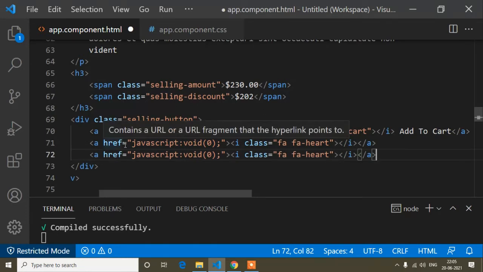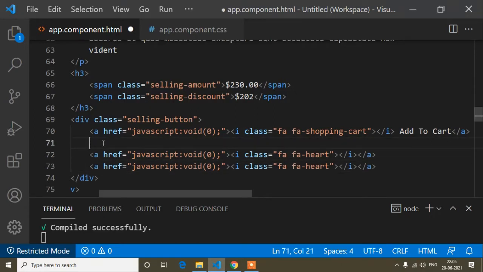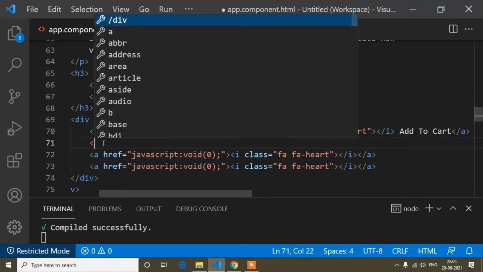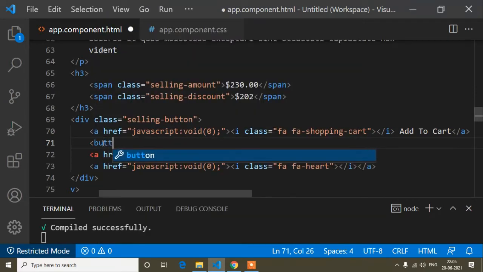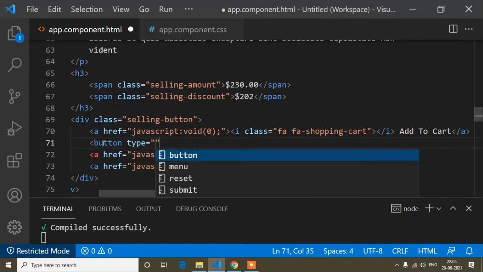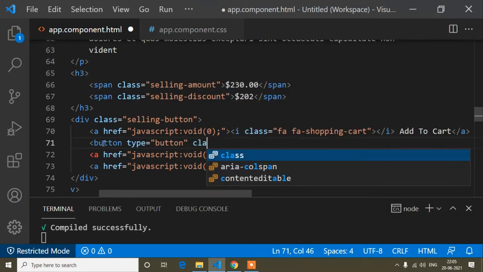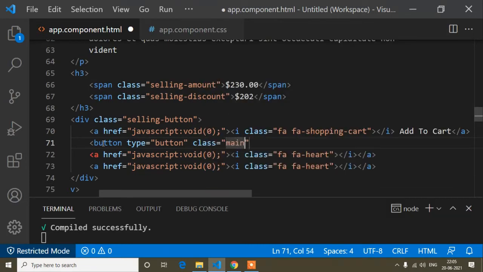and paste it here. But before that I will do one thing: I will put these two inside a button. So button type is button, and here I will add a class, that is main button.